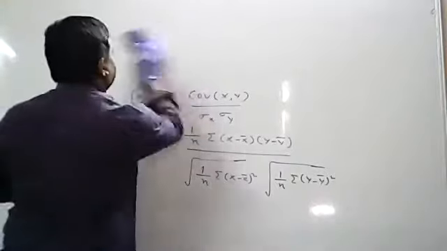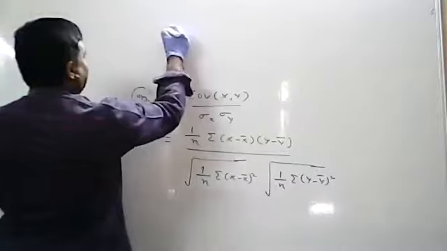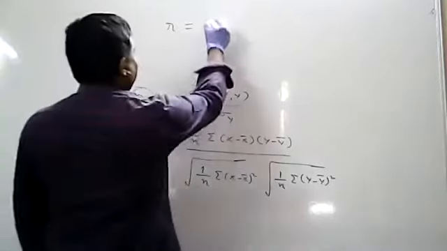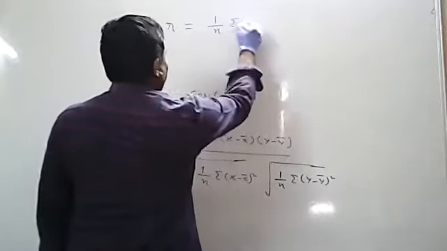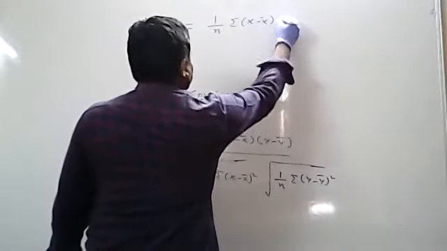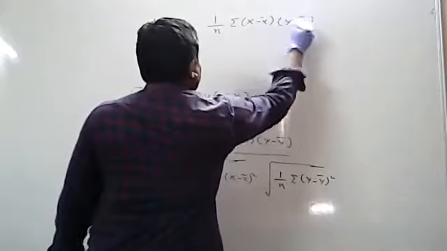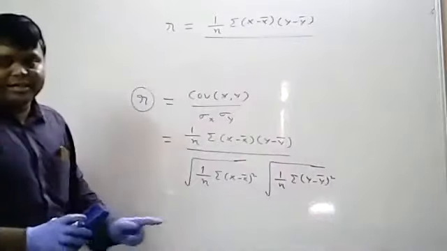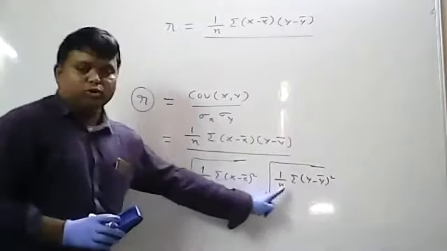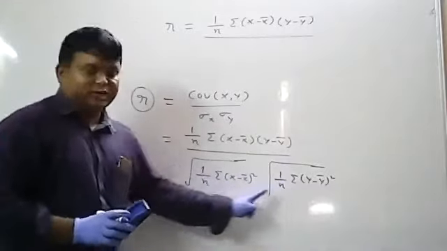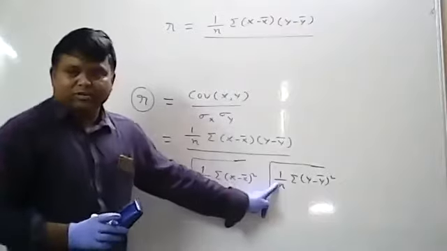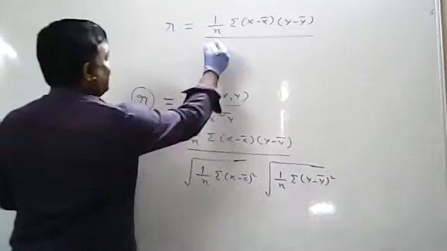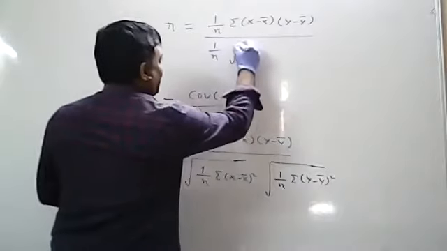Therefore r equal to, just I am writing here, r equal to what you will get: 1 by n summation x minus x bar into y minus y bar in the numerator, the numerator will be same, divided by the denominator. What I am saying, root over a into b. If you observe here 1 by n, what you will get is 1 by n square. Root 1 by n square is nothing but 1 by n. So that means what you will get, 1 by n root ab.